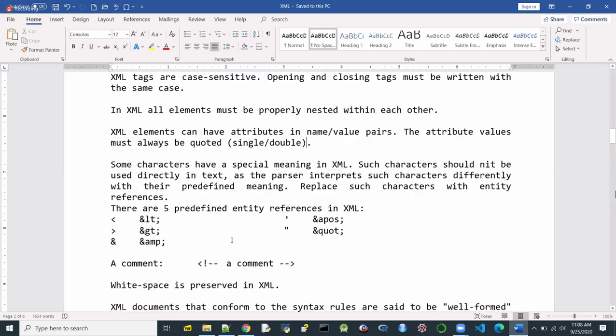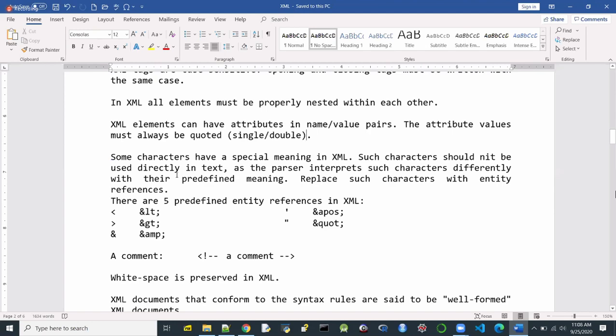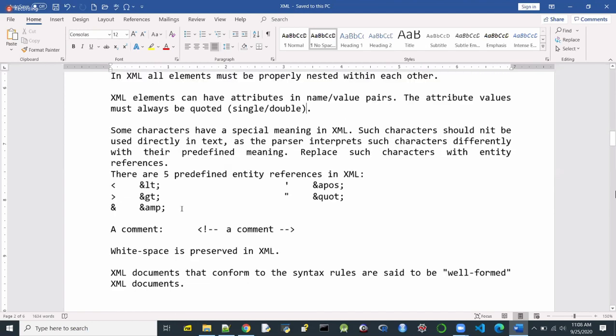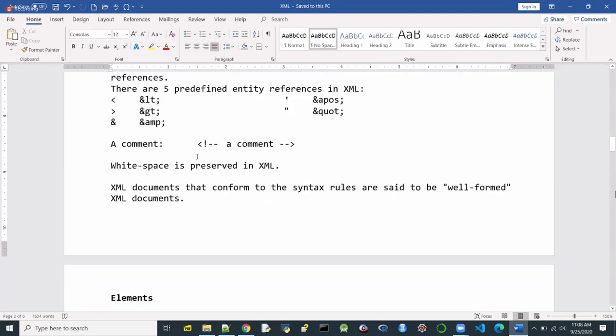Okay, so these are some simple rules. I'll come back and discuss entities later on. What do we mean by entities? And if you want, you can put comments inside the XML. We use the same commenting notation that we have discussed in HTML. So you can write a comment of any length. There is no problem at all.